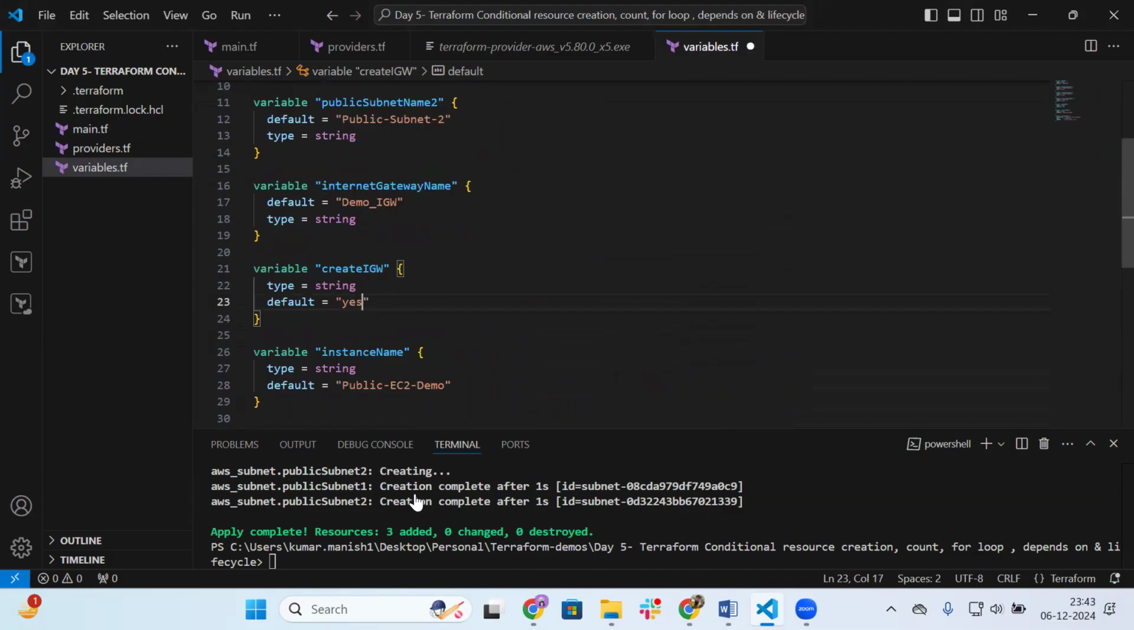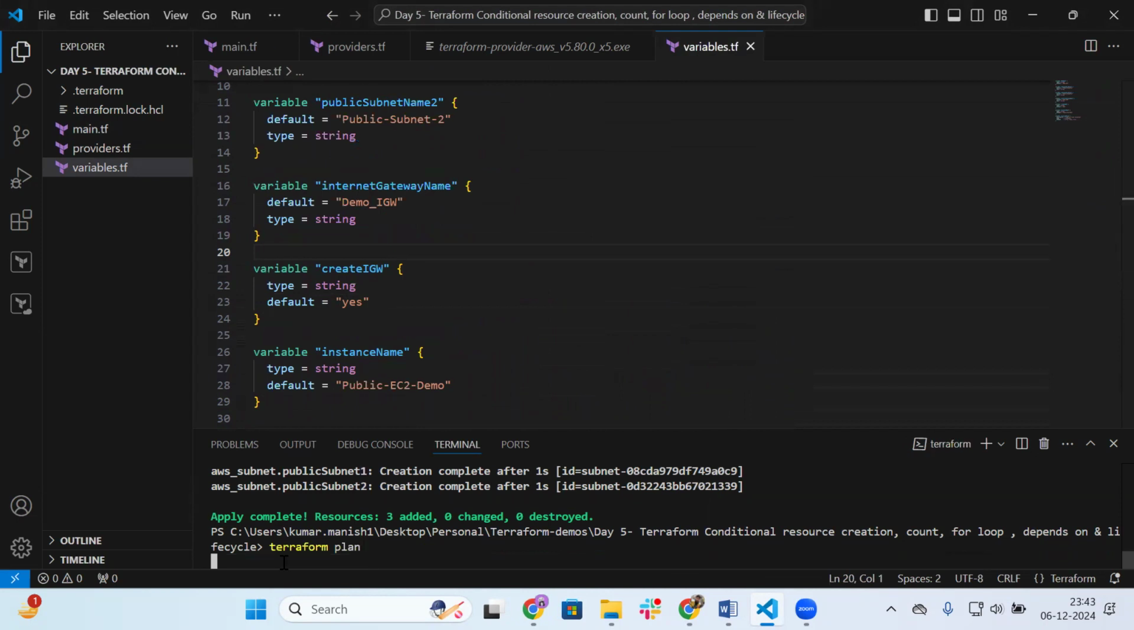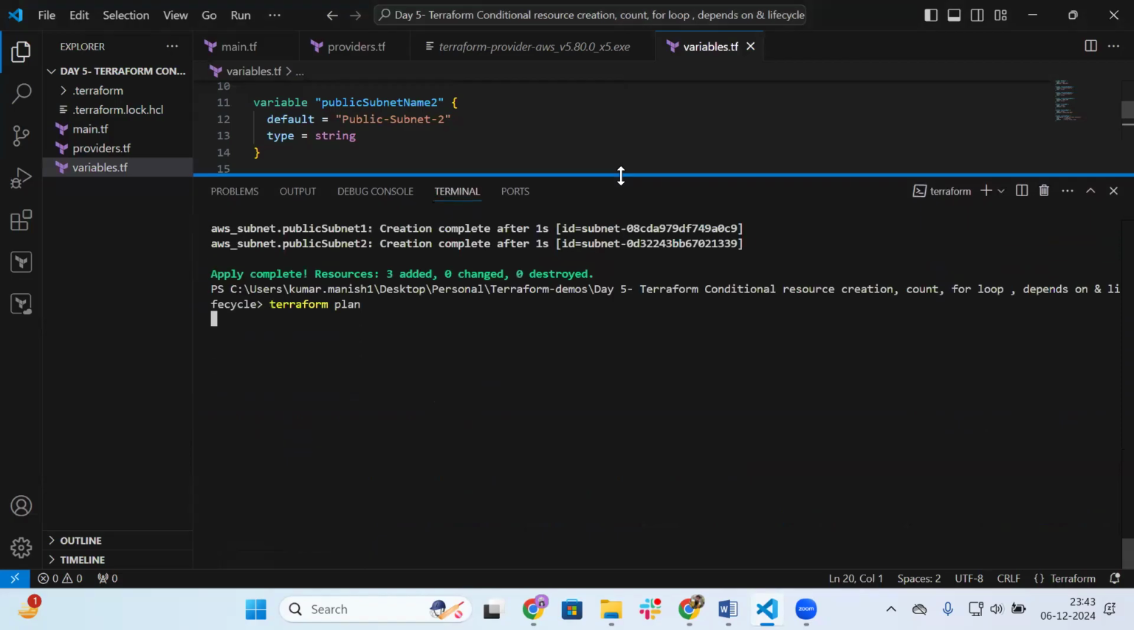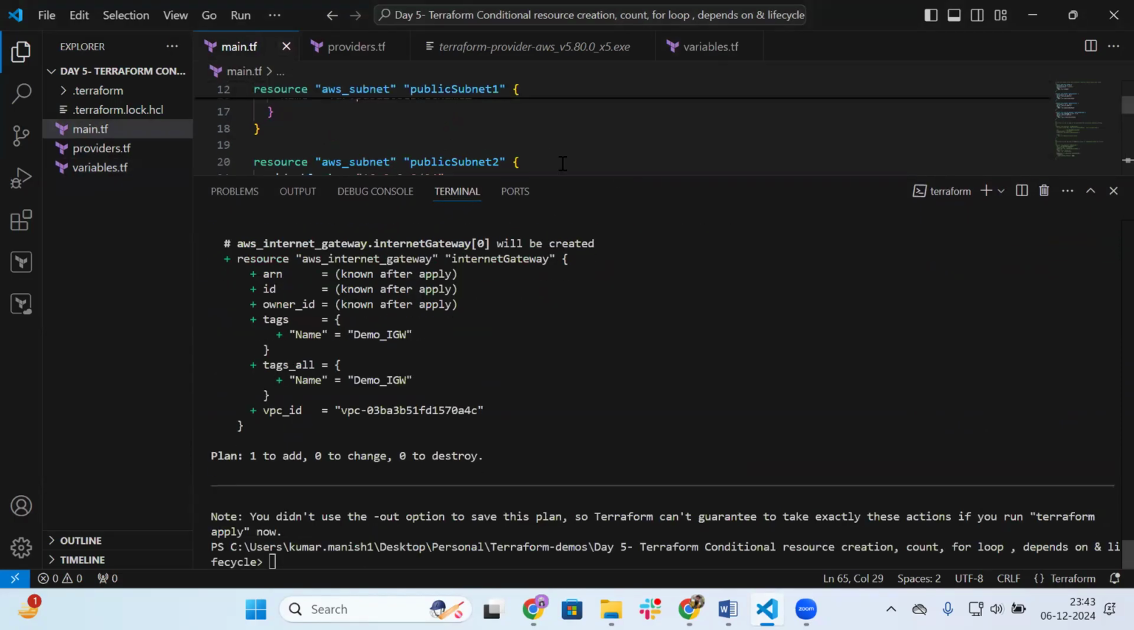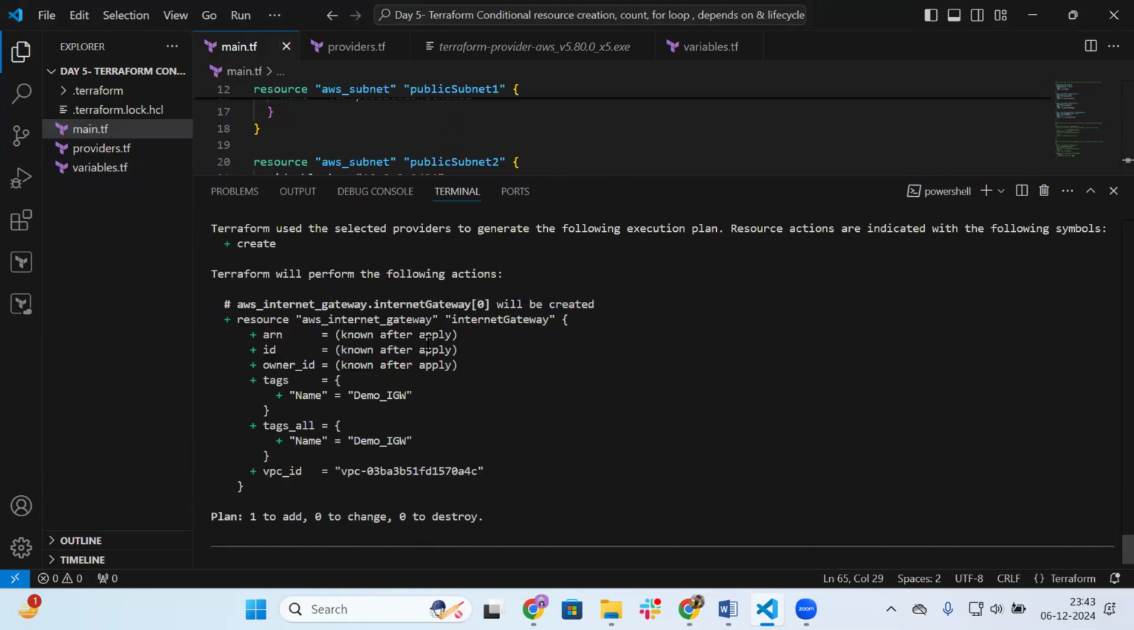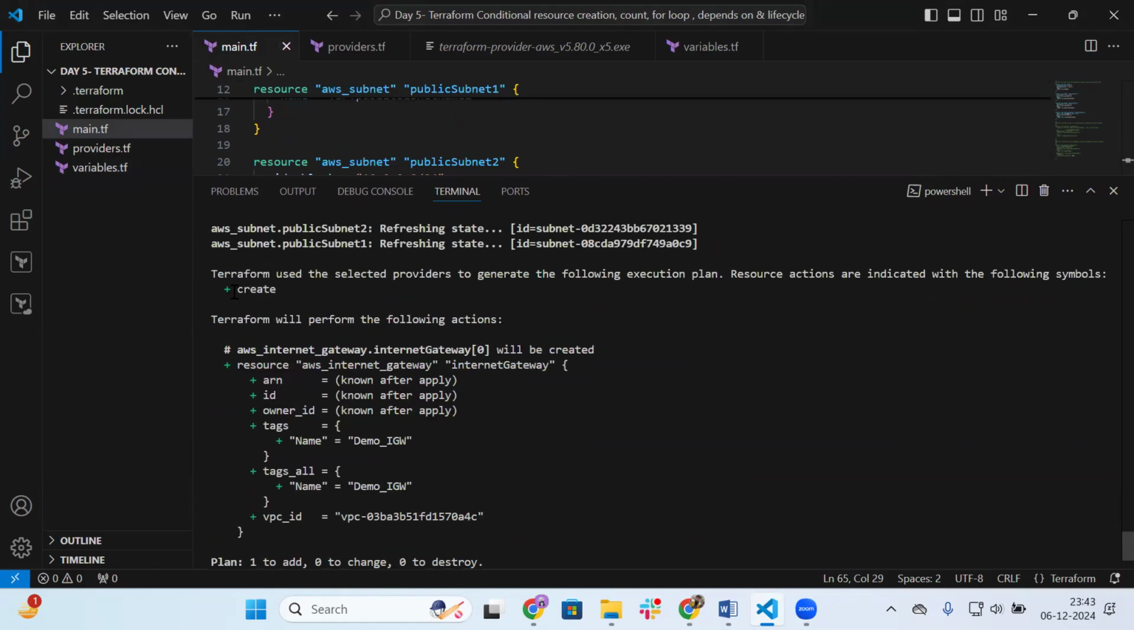We can pass the same value at runtime as well, but I'm just changing the default for now. So I have changed this. Now let's do the Terraform plan, and you will see the resources. Three resources are already created. It will create the internet gateway now. So if you see, it's going to create